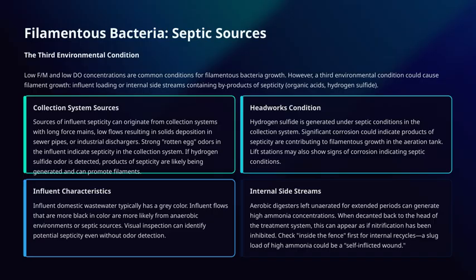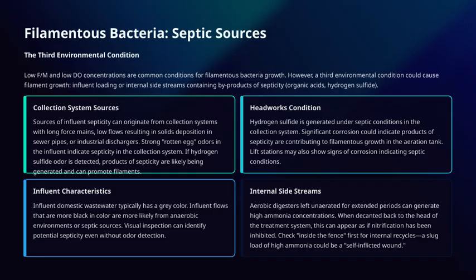Now, let's talk about collection system sources. Septic influent can come from various parts of the collection system, especially those with long force mains or low flow conditions. These scenarios promote solids deposition within the pipes. Industrial dischargers are also a common source. If you notice a strong, rotten egg odor in the influent, that's a clear sign of septicity in the collection system. That hydrogen sulfide odor indicates that septic conditions are present, and that products of septicity may be promoting filament